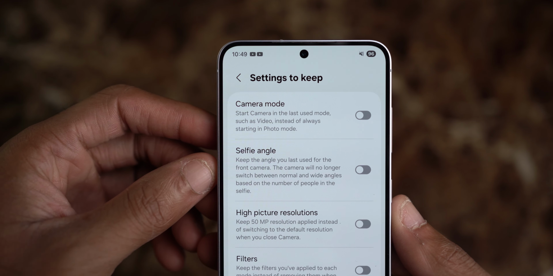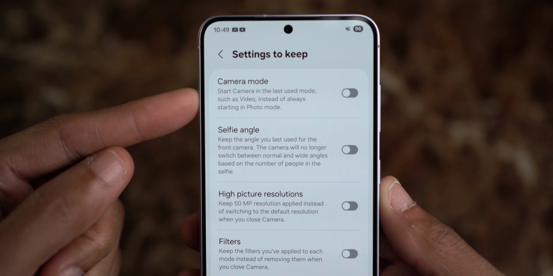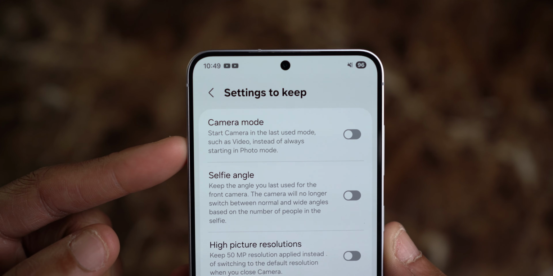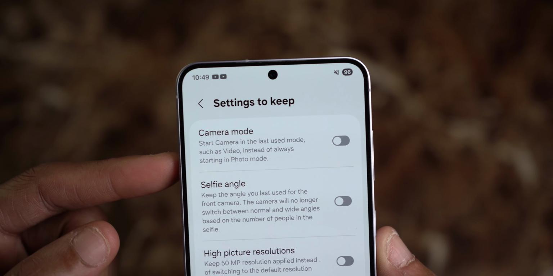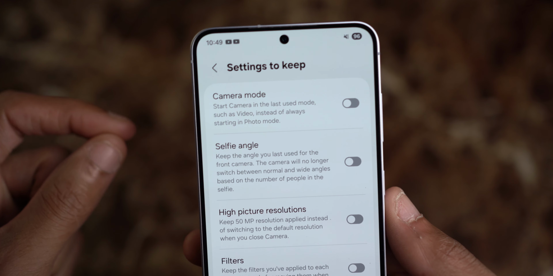Once you select settings to keep, you'll see camera mode right here. And this is where you can start the camera in the last mode, such as video, instead of always starting in photo mode. Low key, real good